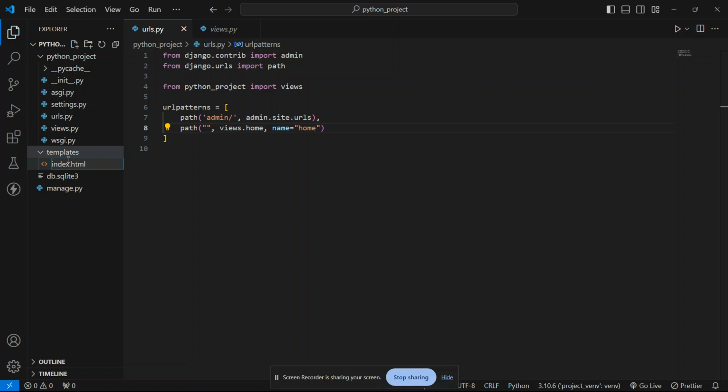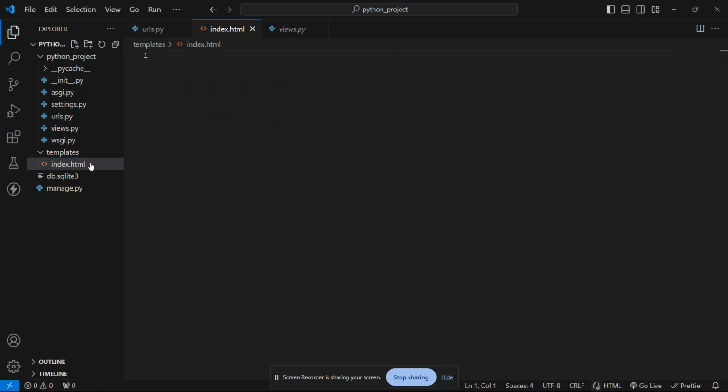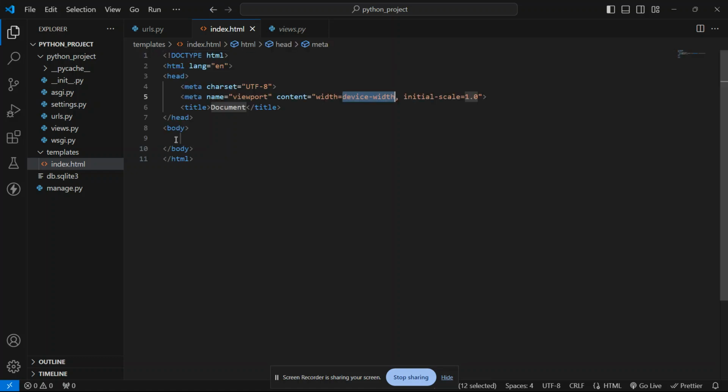Our file is an HTML type, so along with the name we have this extension .html, and then enter. So we can see we have this HTML file. At first we put in the HTML syntax with shift 1 and then enter, and we get the HTML boilerplate.